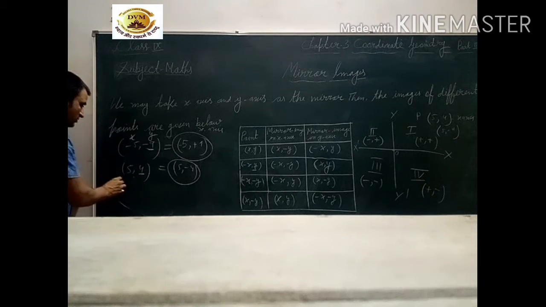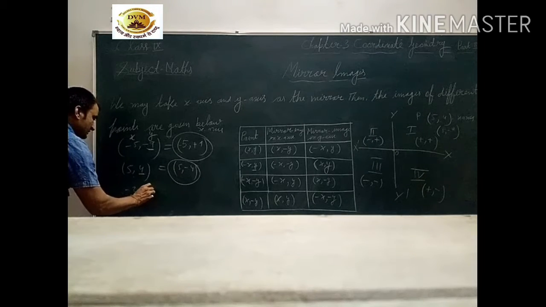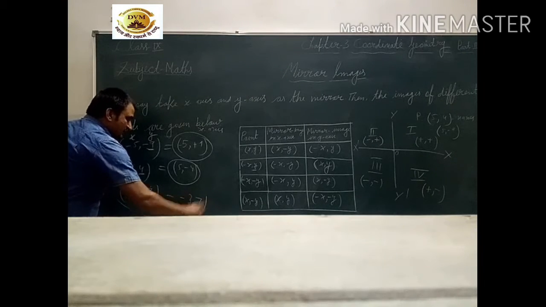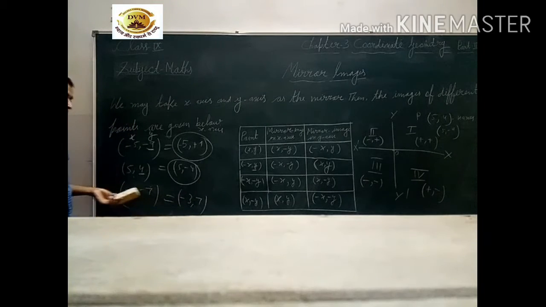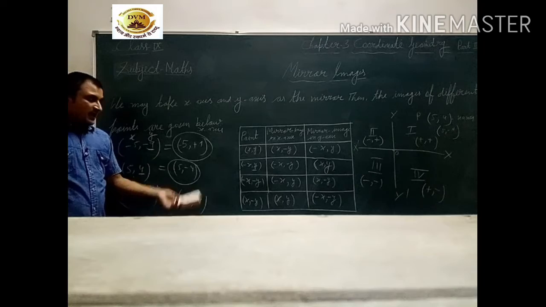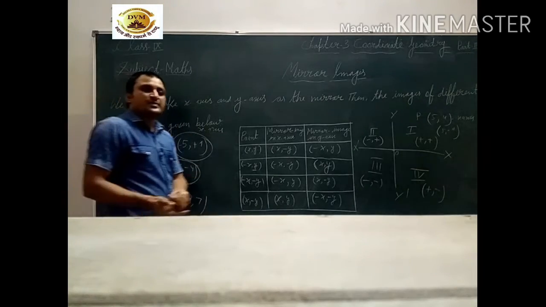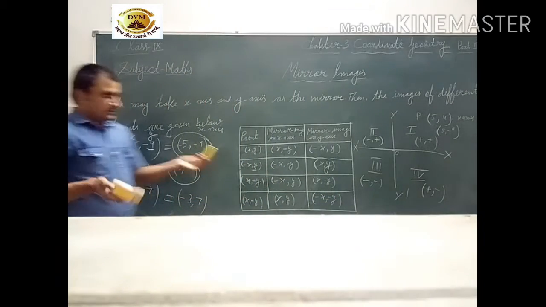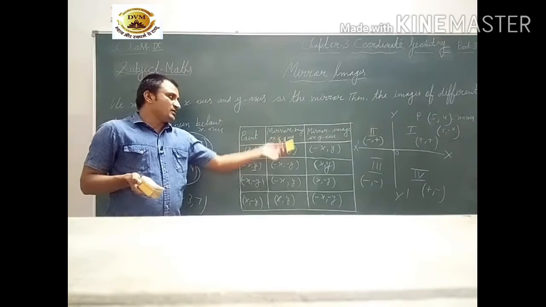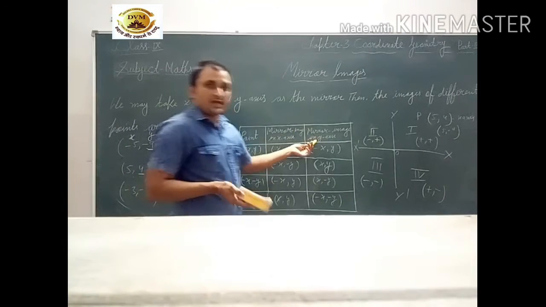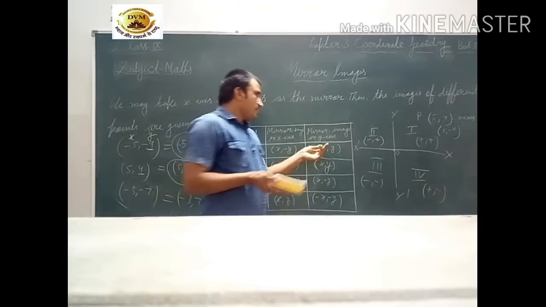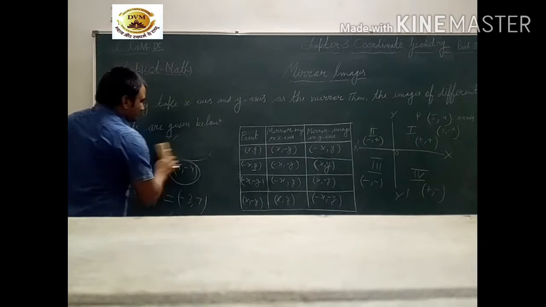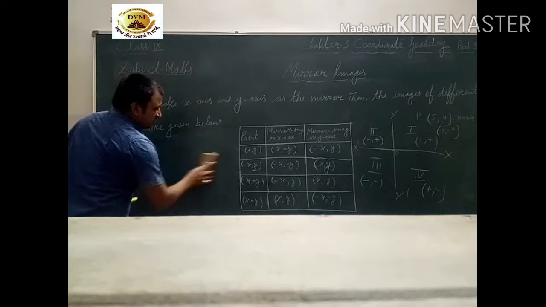Okay. Now minus 3 comma minus 7. Change it: minus 3 comma 7. It is the mirror image of this point in x axis. In x axis, when we see the mirror image of any point, we change the sign of the y coordinate. In this x axis we change the y coordinate sign, and in y axis we change the sign of the x coordinate. Understood? Now check some other examples and try to understand quite carefully.